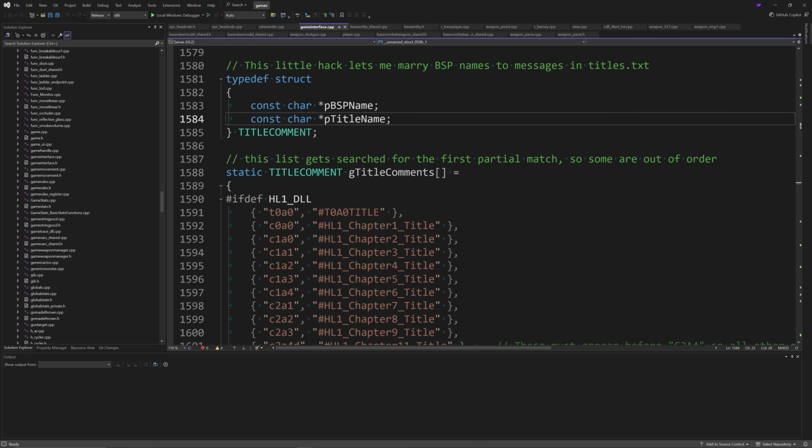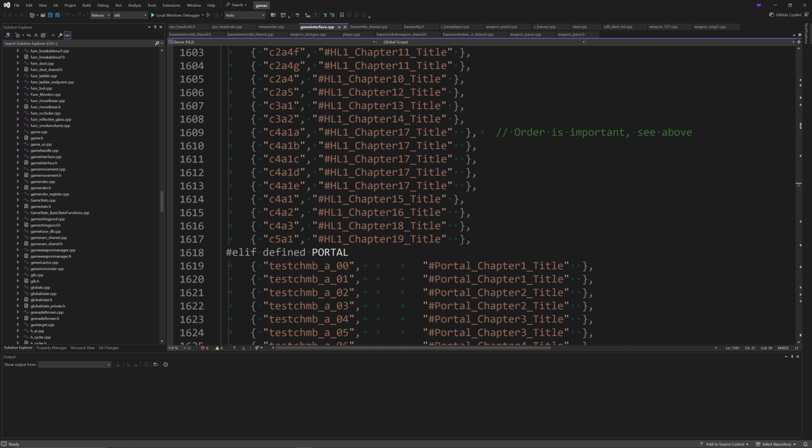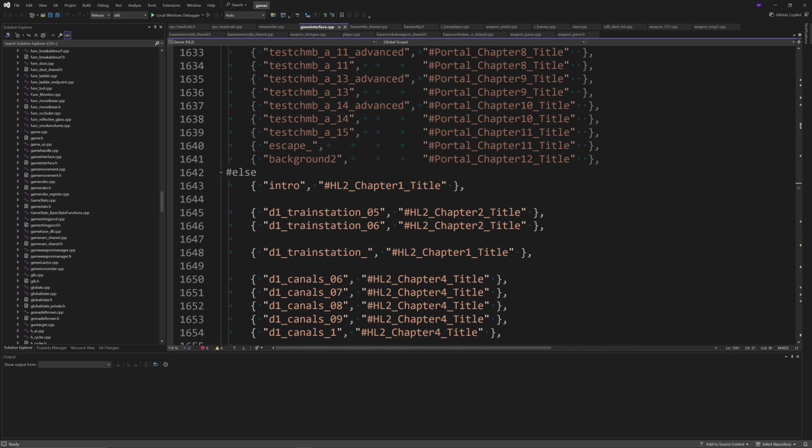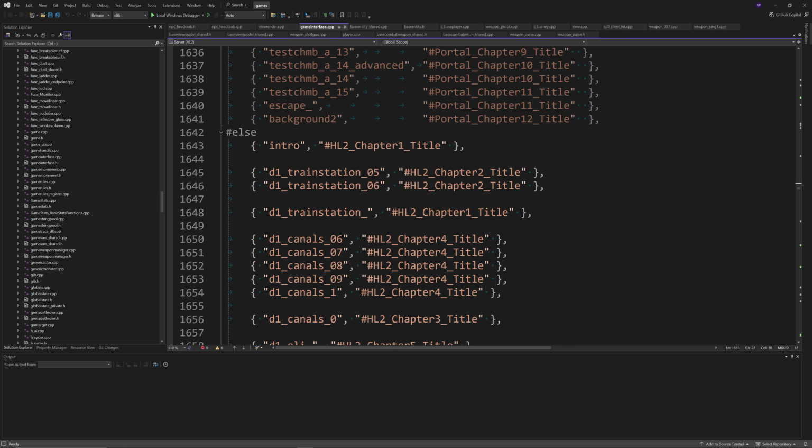So you'd add elements inside of curly brackets, and then in one set of speech marks you have the map name, and in another set of speech marks you have the chapter title to use. So if we scroll past the Half-Life 1 and the Portal chapters, you can see, for example, a map called D1 train station underscore. Whatever comes after the underscore, it could be anything, but it will be given Half-Life 2 Chapter 1's title of